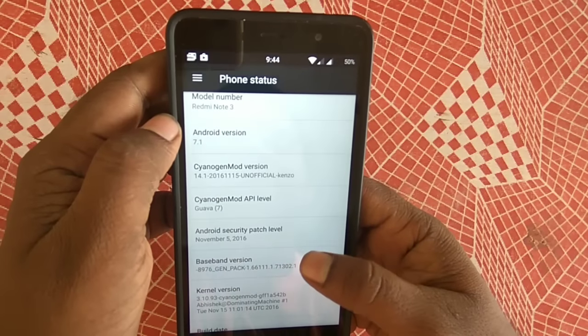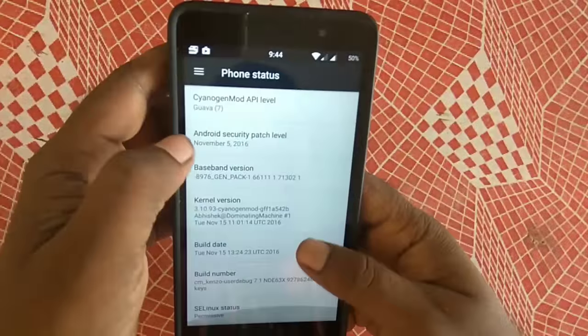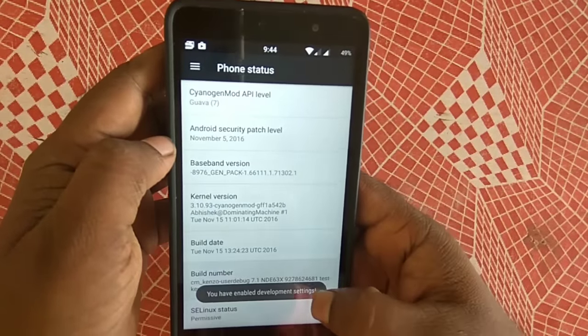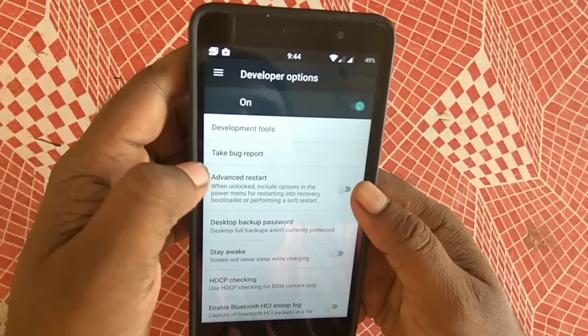To enable root access, you have to hit the build number 7 times, and then it will enable the developer options. Now scroll down and go to root access.